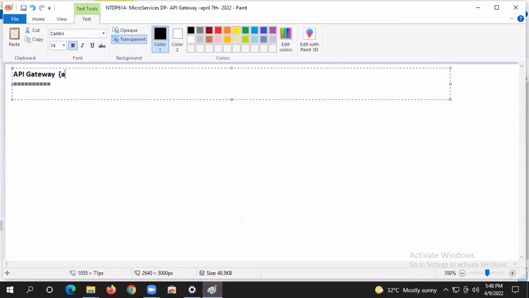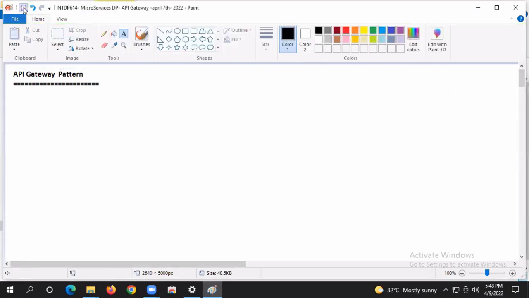API gateway pattern, guys. API gateway pattern. Right, guys. Everyone listen carefully. API gateway pattern. Tell me, what is the problem with